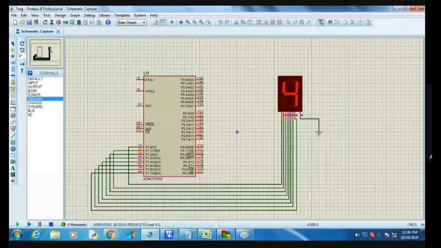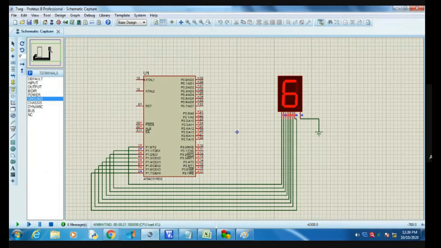This is my 0 to 9 display. After completion of it, it counts up to 9: 0, 1, 2, 3, 4, 5, 6, 7, 8, 9. Again it goes to 0, 1, 2.